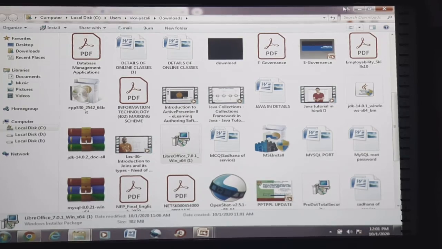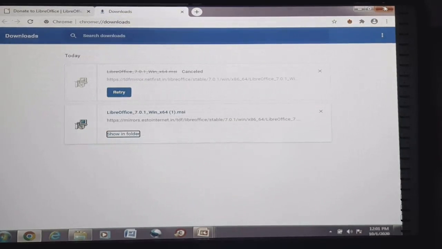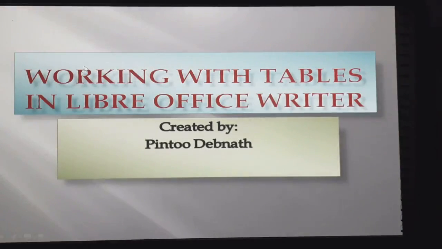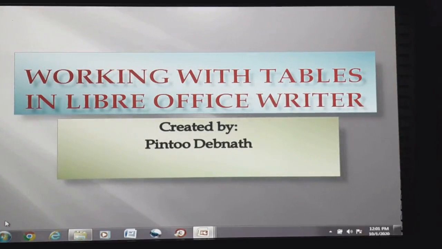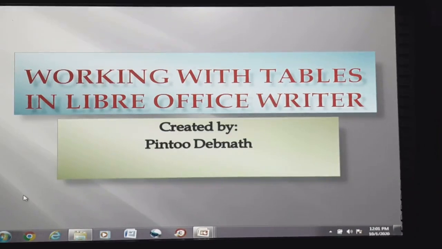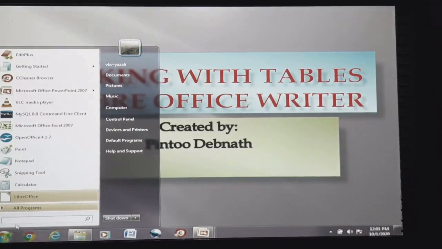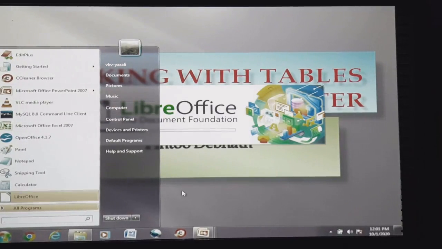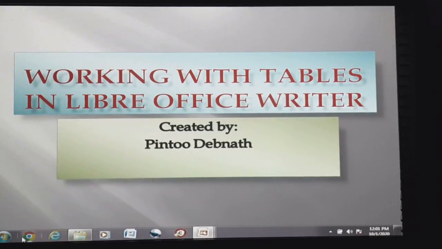After installation, let me open the LibreOffice application for the very first time. See, this is LibreOffice. In the start menu you will find LibreOffice. So I am opening it for the very first time. Okay, so it is getting started.